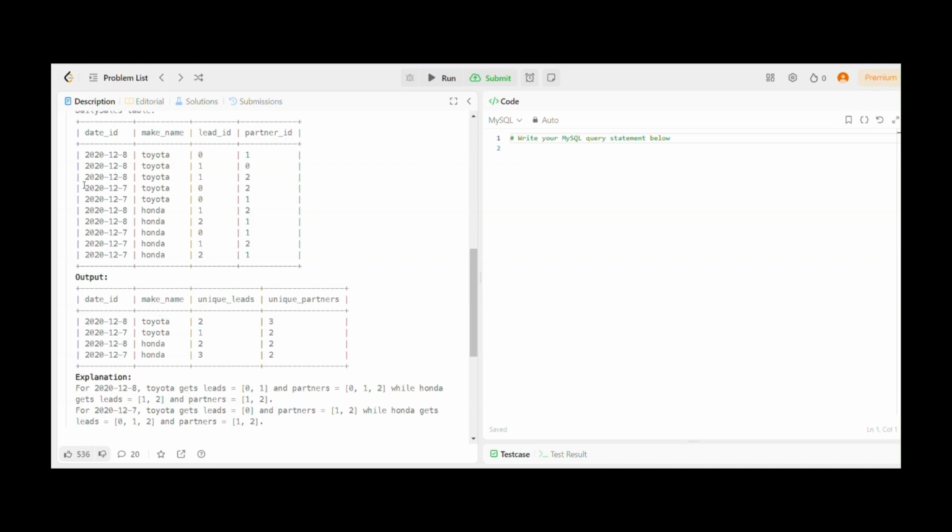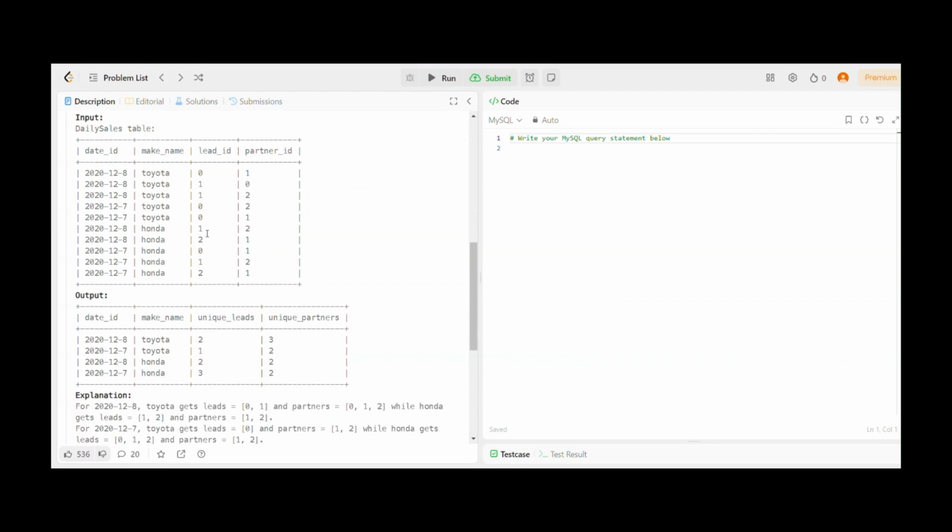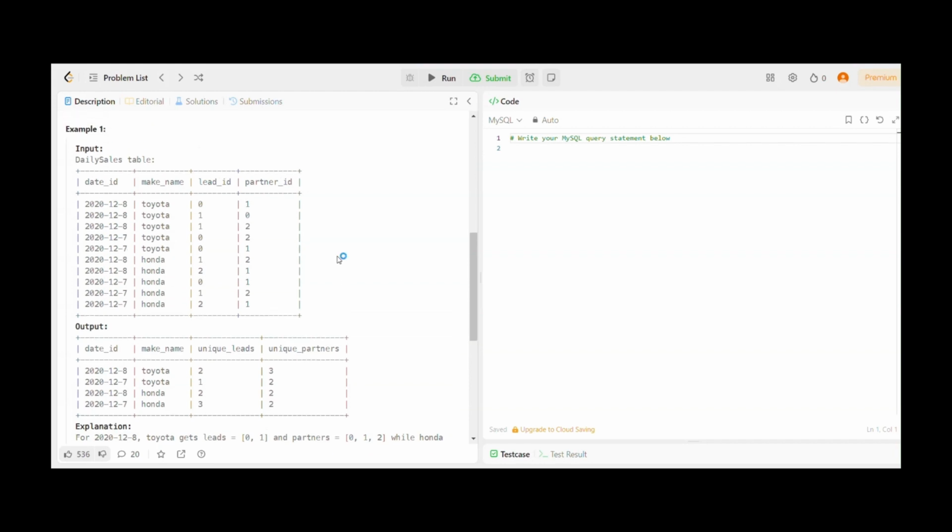Now moving on to the 7th of December, we have different criteria over here, and for the further two. So in this way, we have to return all the dates that have been mentioned over here, all the make names and the unique lead IDs. We can't count the duplicate IDs, and we just have to count those unique leads